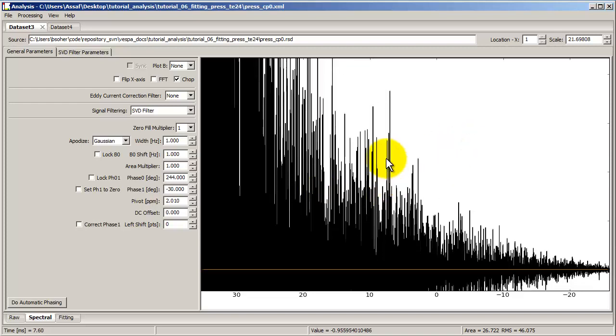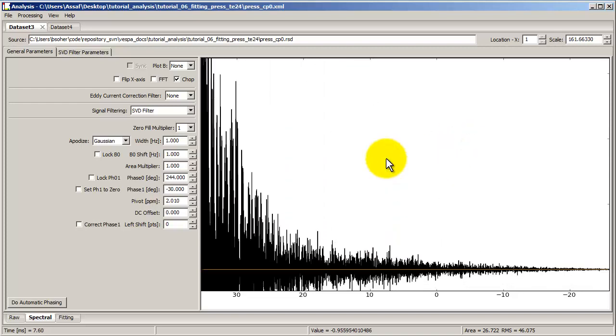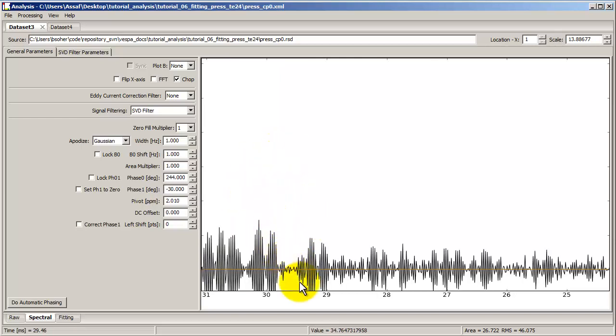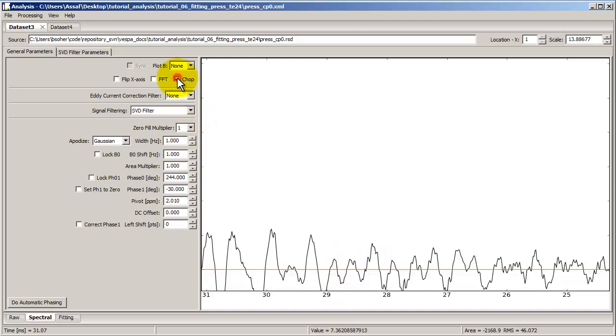By using the central mouse button, I can zoom out vertically. And it's interesting, by the way, to note, if we zoom in by holding the left mouse button and dragging, that this FID looks like it's very fastly modulated in time. If I turn off chop, suddenly the FID looks a lot more sensible. And the reason for this is that,